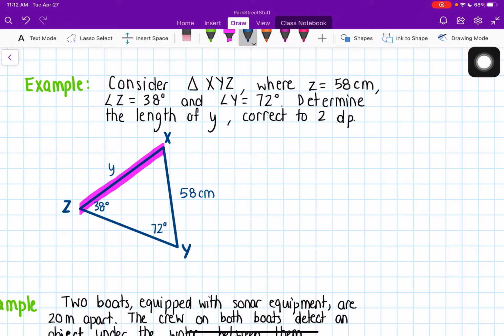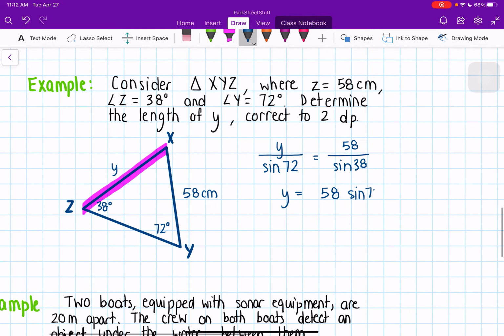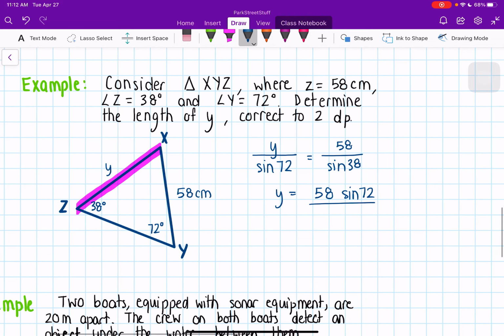So we're going to say, and remember we're looking for a side this time, so the side at the top, y over sine of 72 is equal to 58 over sine of 38. In order to get y by itself, we're going to take this whole sine 72 and multiply it up. So 58 sine 72 all over sine 38 is going to give us